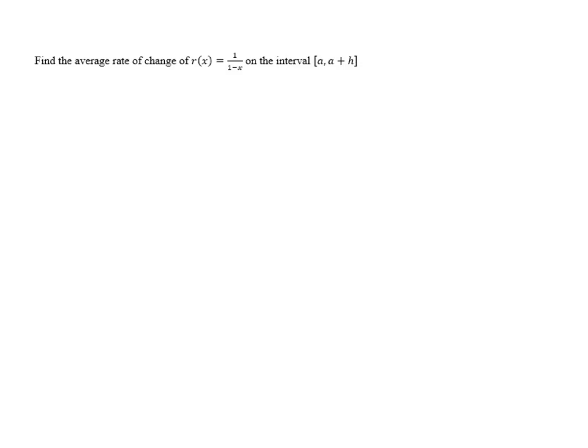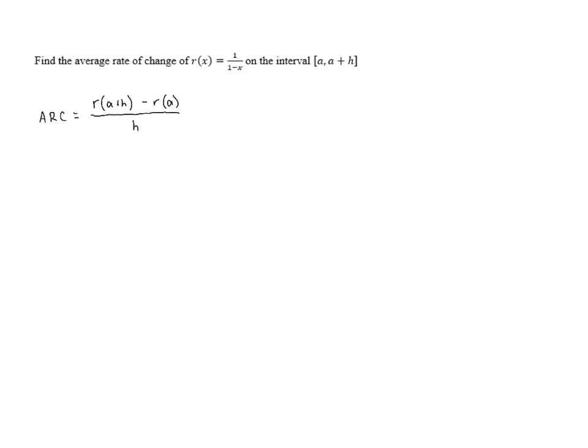Find the average rate of change of r of x equals 1 over 1 minus x on the interval from a to a plus h. At this point, hopefully, you're comfortable with the process. The average rate of change we're going to calculate by taking r of a plus h minus r of a